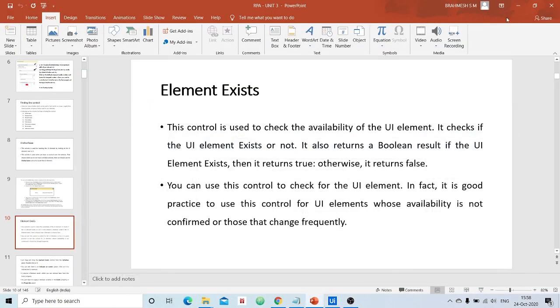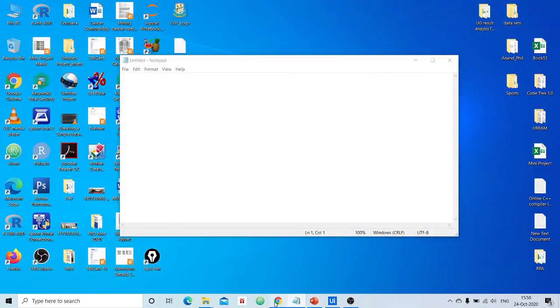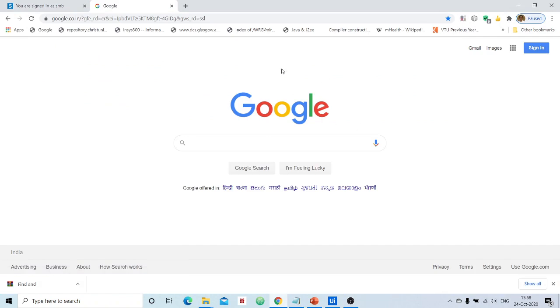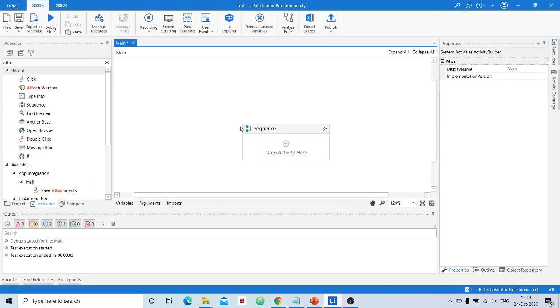Now what we shall do, we shall take a browser. I will type just Google. So let us take this particular application, or I can say a browser, and take the URL of that particular page.